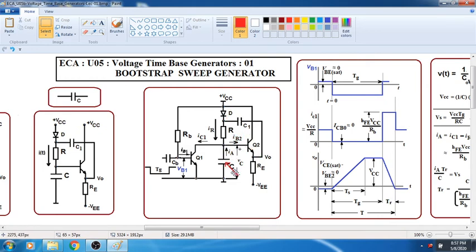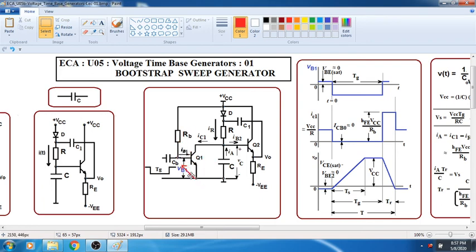And now who will allow the capacitor to charge or discharge? So we always want to use a switch here, because discharge must be done very quickly. So what we did here is, remember our multivibrator circuit. We had a resistor in the collector, we had a diode in the collector, LED we had. So we are using the same circuit, diode, resistor, and then we are using a transistor which is connected to a base resistance RB. Now what is this circuit? This circuit is nothing but a switch.